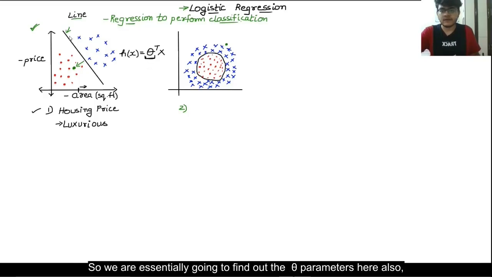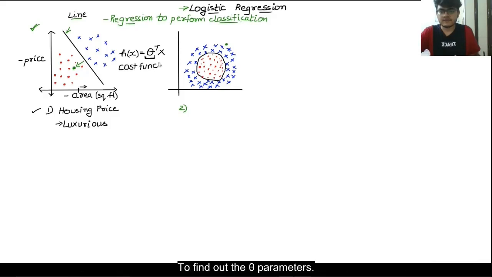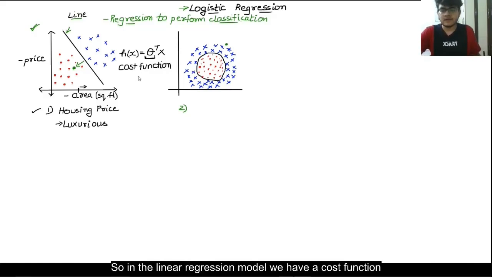So we are essentially going to find the theta parameters here also. But my question is, can we use the cost function of linear regression to find the theta parameters? In the linear regression model, we have a cost function and gradient descent which will find the minimum cost of the theta parameters, and then we use it to find the best line. The cost function is used to find the line that best fits our data points, which means that the line this cost function will